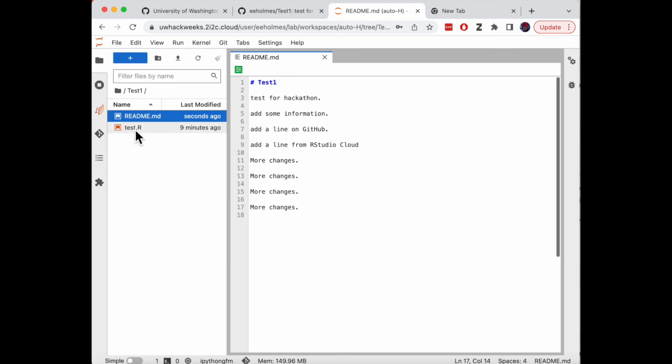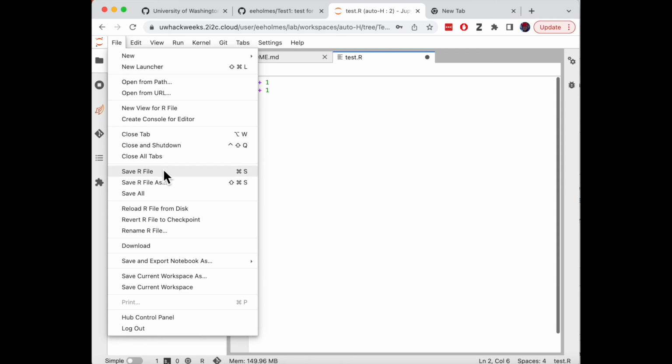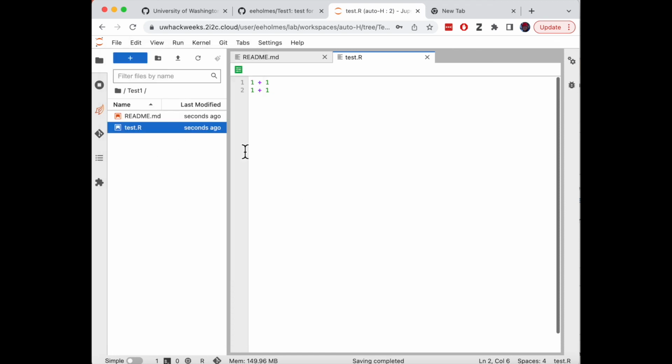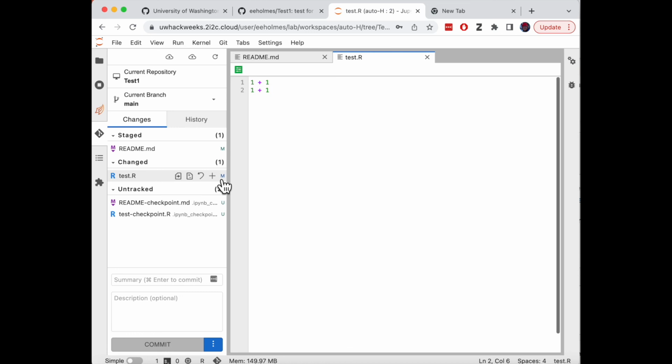Let's go back to my files here. I'm going to change this. So this is just a script file. So this time I can obviously do the save from my keyboard, but I'm showing you using the drop down so you see exactly what I'm doing. So now I've saved those, and now I look over here, and now I see that I have two changes, the README and the test. So I'm going to add that one,